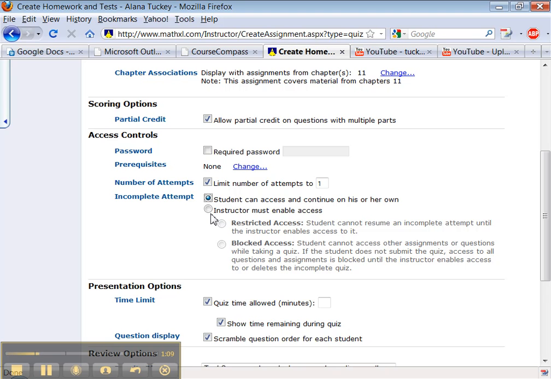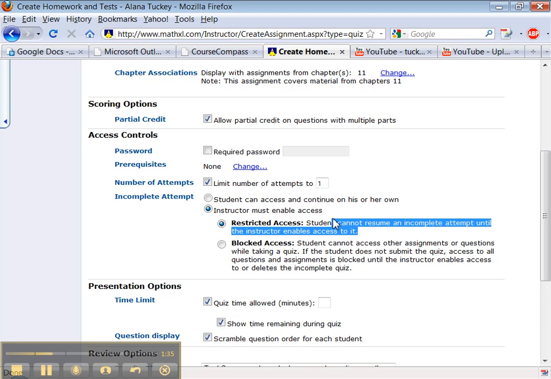Do you want to have it so that if they have an incomplete, which means like if their browser shut down or if something wonky happened, do you want to make it so that either they can access and continue on their own, or do they need your permission to continue access, right? So you can offer them restricted access.